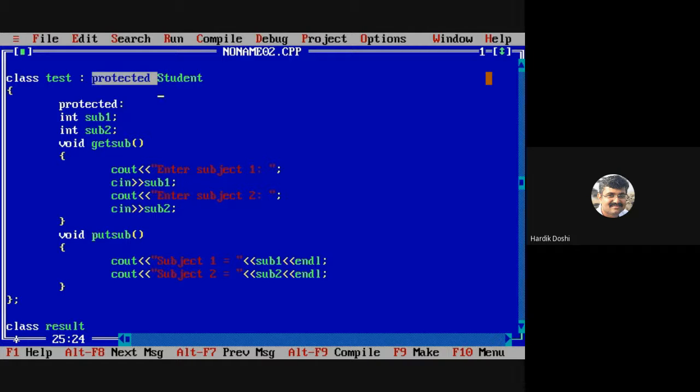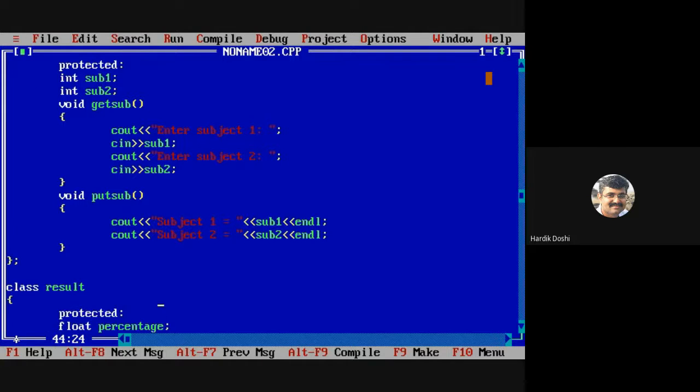So now moving further. Class result inherits test. But how? Again keeping protected. You are correct. You are absolutely correct. Is it fine now?